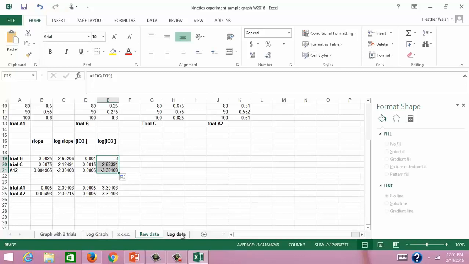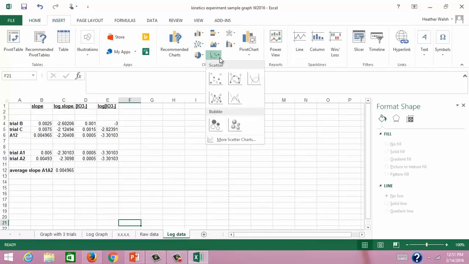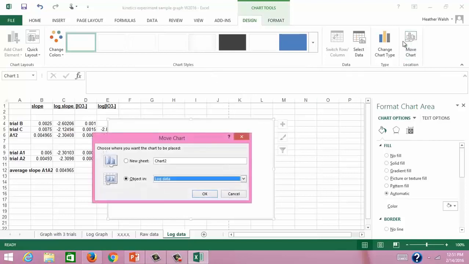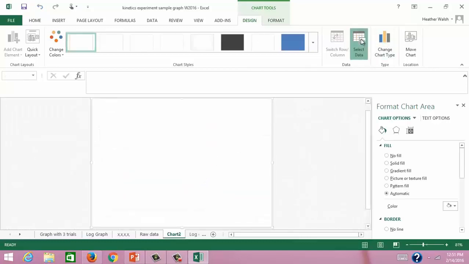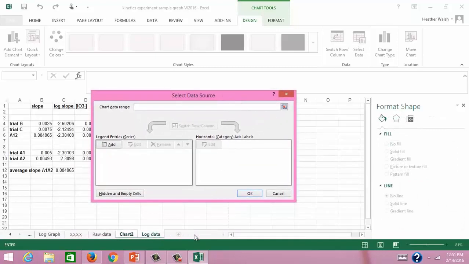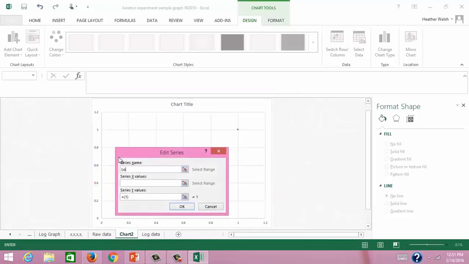Now I have this just on a separate data sheet here. And so what I can do is I can try to graph them. So in order to try to graph them, what I can do is I can insert a scatter graph. Okay. And so I don't have any data selected though, but I do want to move this to a new chart. So I'm going to say chart number 2. And here I would like to select some data. And so in selecting data, I want to look at my log data. And so I'm going to add this, and I'm going to say this is the log